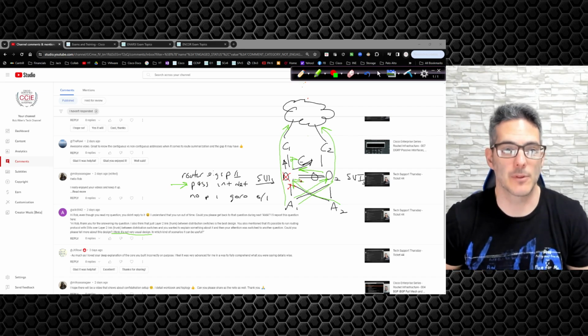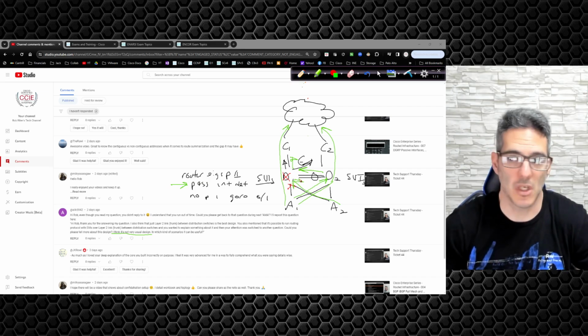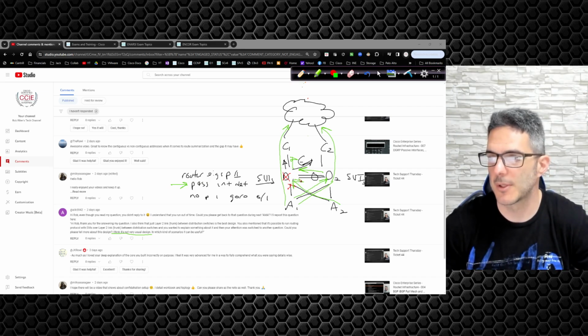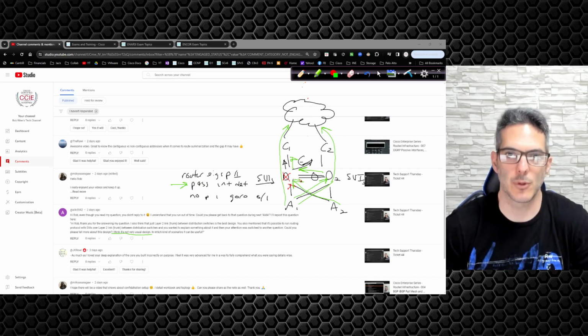Now, it's just a personal preference. Am I wrong in that? No. But I have had customers say, I don't want to form EIGRP over the link between the two. I simply want to have it point due north out of the gate. Cool. Passive interface default, and then no passive interface on your uplinks. Problem solved. You lose a diverse path.